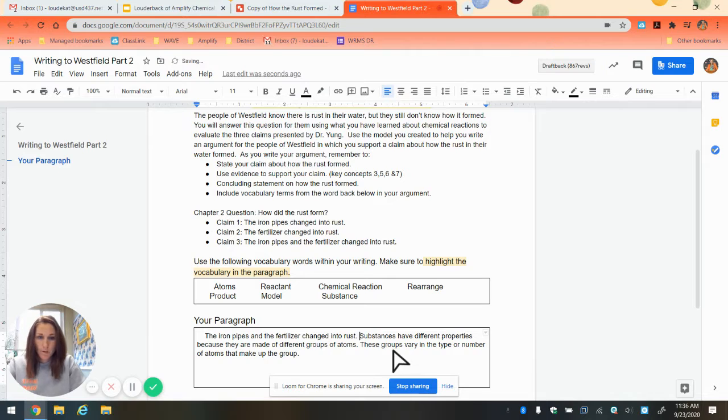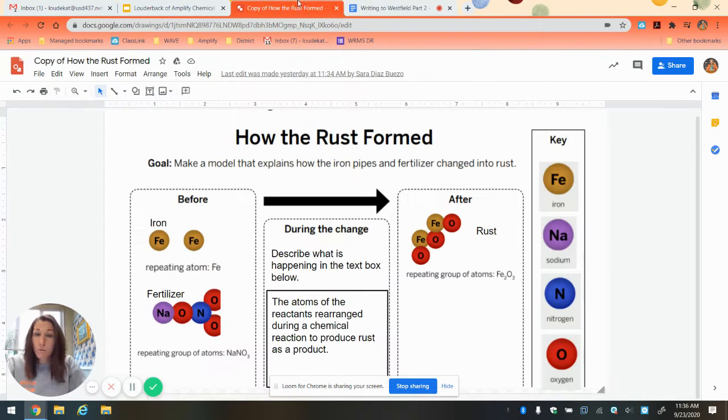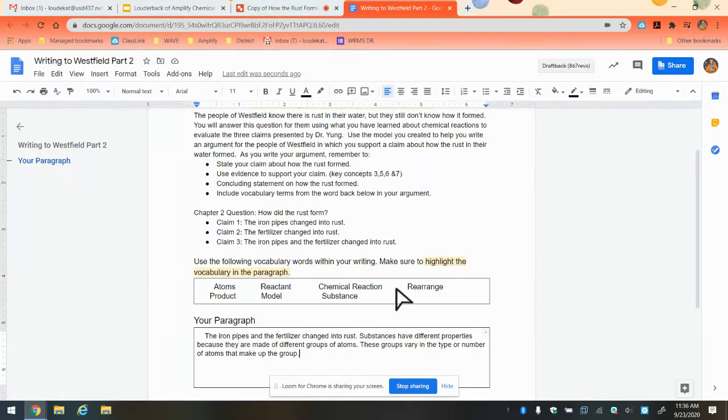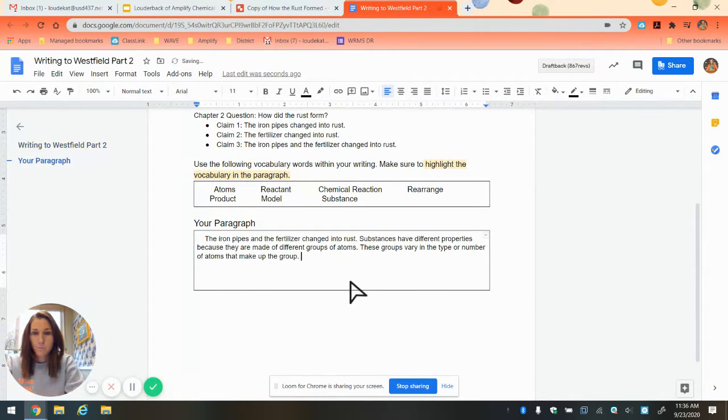Now, because I know that substances vary in how they look and appear, I've got that stated. What I need to verify is that, looking at the atoms, you need both the iron and the fertilizer to create the rust. So I want to add that in here, that when I am looking at the atomic makeup